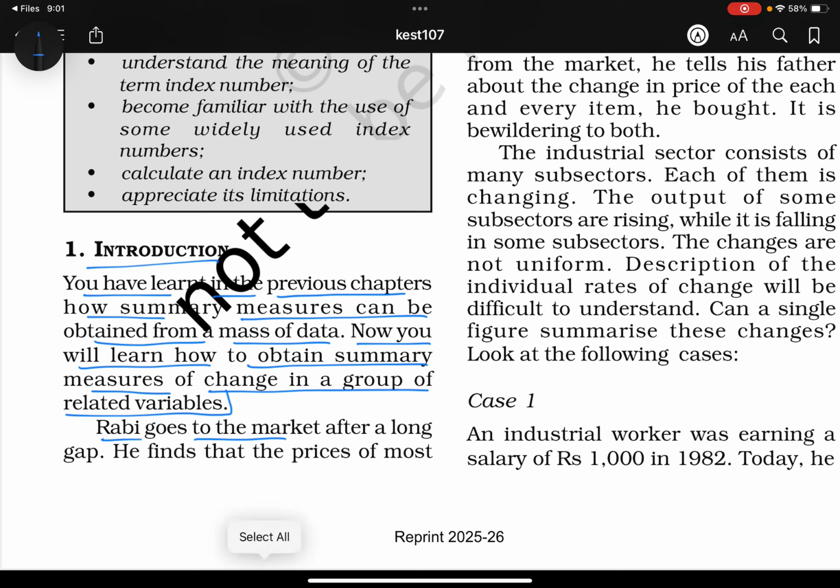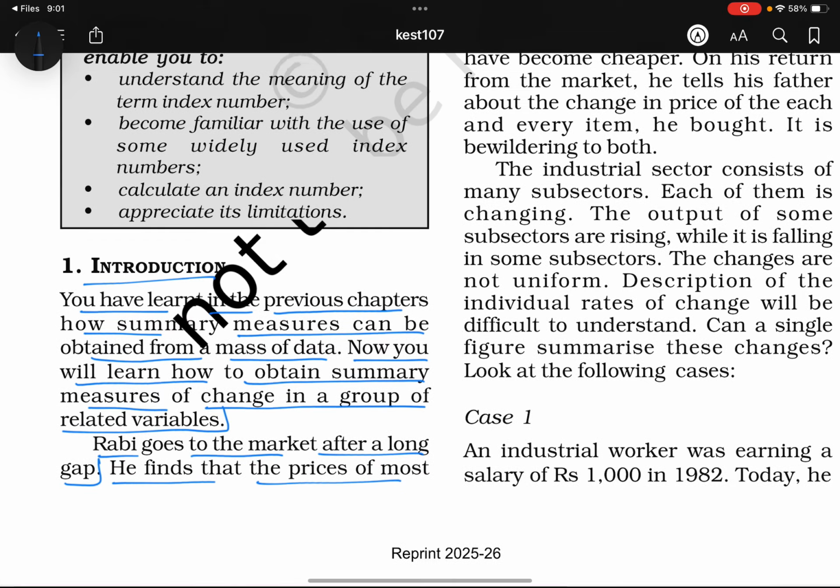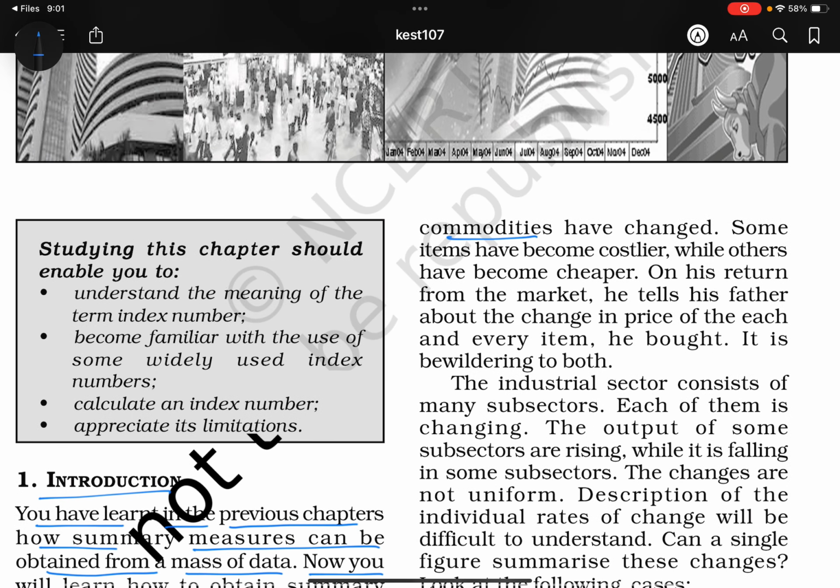Ravi goes to the market after a long gap. He finds that the prices of most commodities have changed. Some items have become costlier while others have become cheaper. यानी कि कुछ महंगे हो गए और कुछ चीज़ें सस्ती हो गईं।